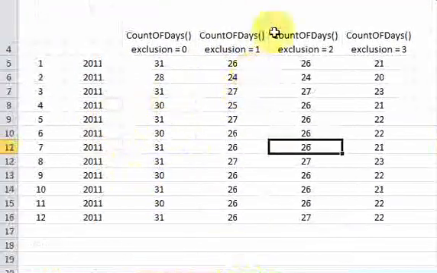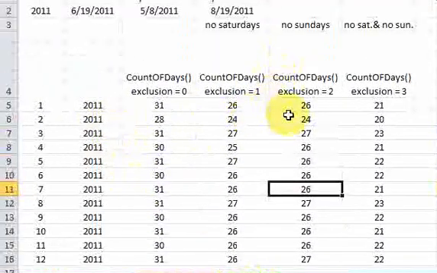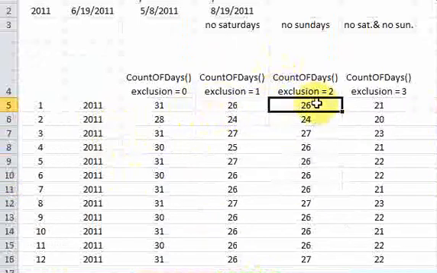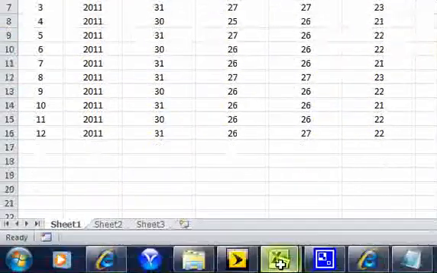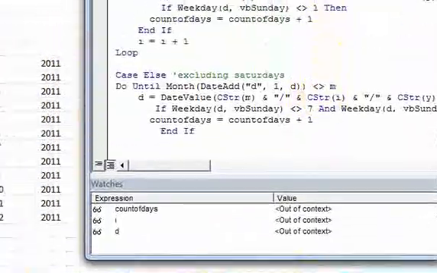The person emailed in. He went to Excel VBA SQL. He was watching, and he emailed in. He said, can you make a function that will count all the days of the month and allow you to exclude Saturdays or Sundays or both of them? And certainly you can do that. Let's take a look at that function again, and then I'll end the video because it kind of went long